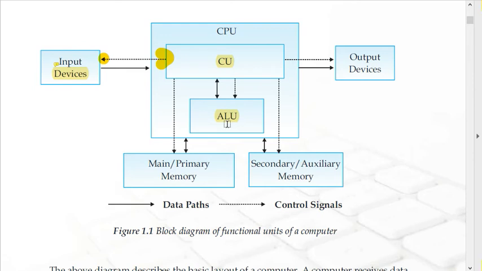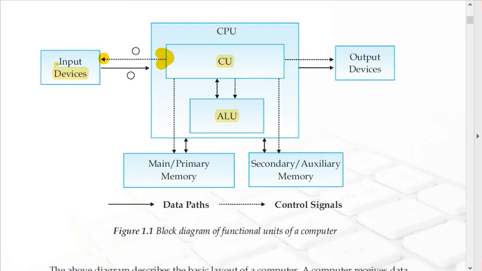So as I told you, I have given two numbers, 2 and 3. These first of all will be converted into zeros and ones in the input unit only, because the input unit is responsible for the conversion of any number or any instructions which we give to the computer into zeros and ones.